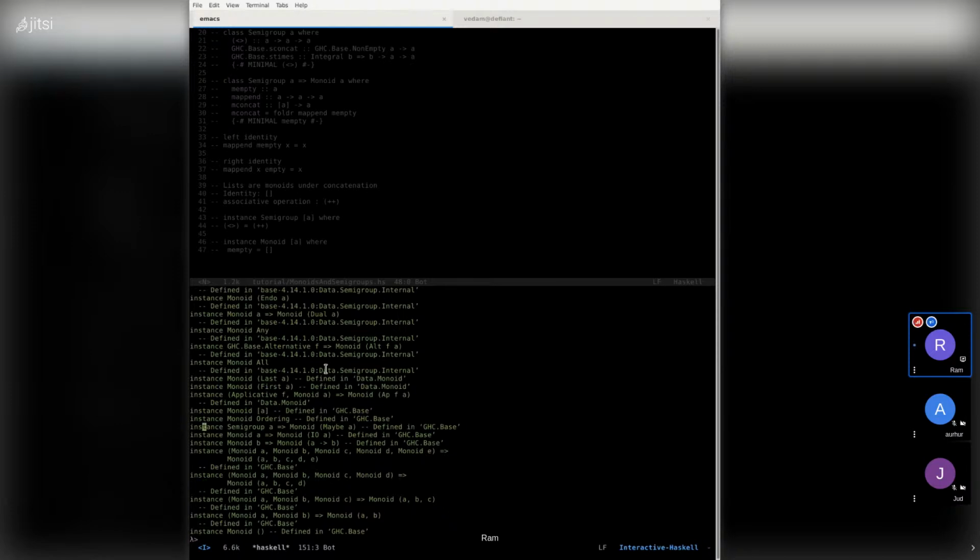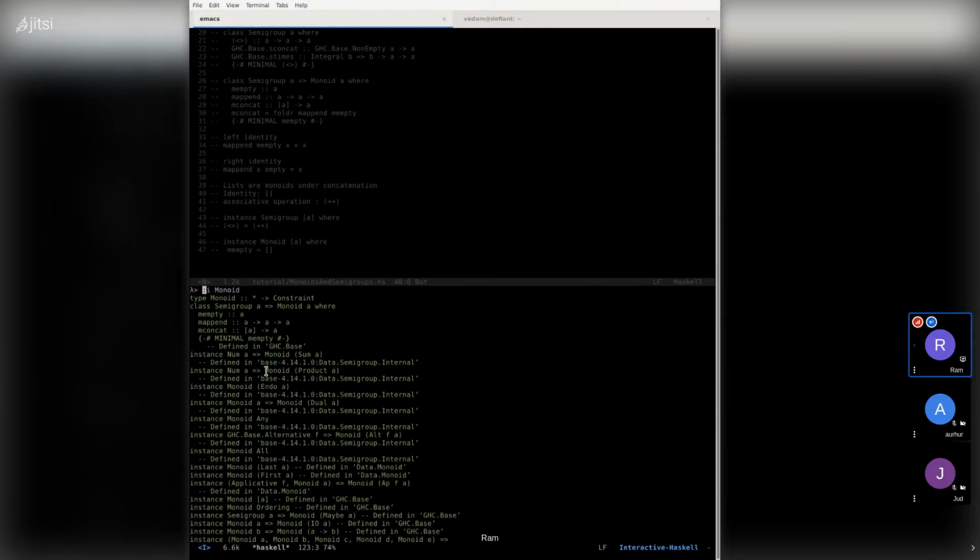I would recognize the fact that for our numeric types, which obviously have monoidal operations, it can be seen that integers in all the different integer types do not actually have a monoid instance defined on them. And you may be wondering why that is.